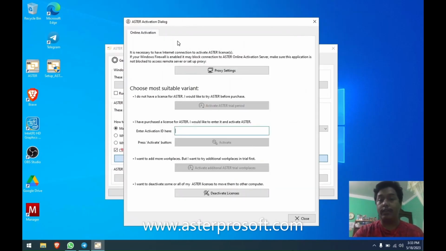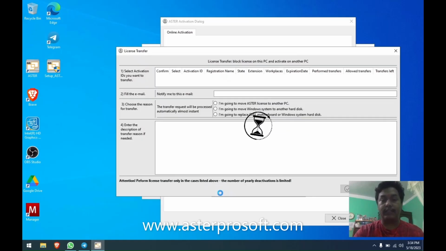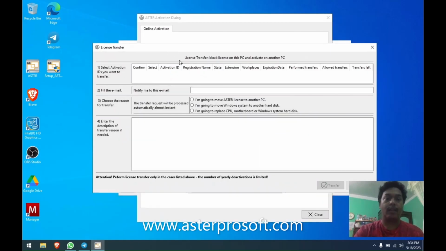This has also been rewritten so that it's much easier to access. Now previously we used to have a separate deactivation tab. Now it has been added as an option under choose most suitable variant, and if you choose deactivate licenses, it will open the license transfer window, and you will have a list of licenses that are activated on the system. Once you check the checkbox next to the license and enter the email and choose one of these three options,